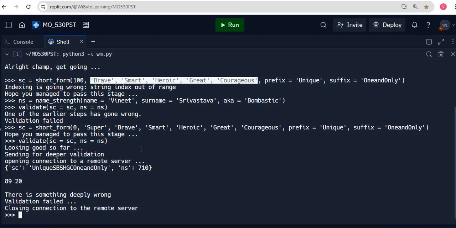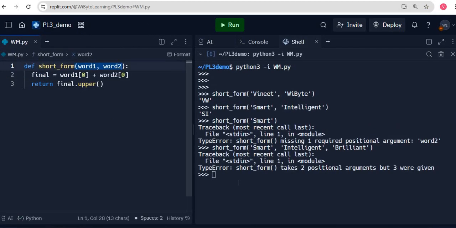Here I added super. So we had a much more flexible function which could take any number of arguments. Let's see how we can do it. Well, in fact, the way to do this is quite simple. All I can say is that, look, instead of giving what is called positional arguments, I will give, let's say, variable arguments. And the way I will go about doing this is that instead of word1, word2, word3, whatever, I